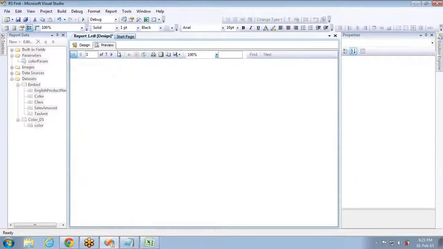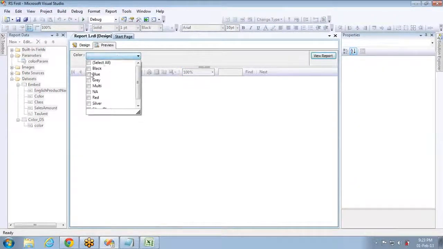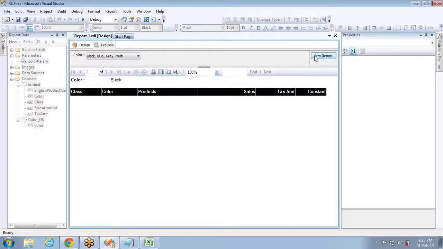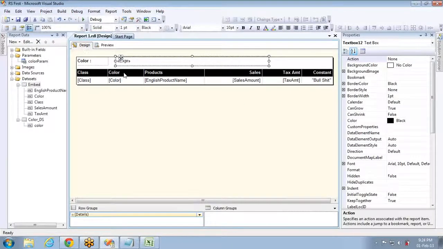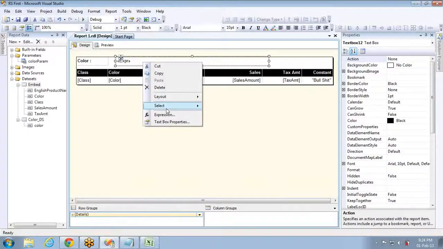Let me show you an example here. I've selected parameter color, and I'm taking 4 colors. If I click on view report, you can see the color black is showing. That means the problem here is it is taking the value of 0. So let me modify it.